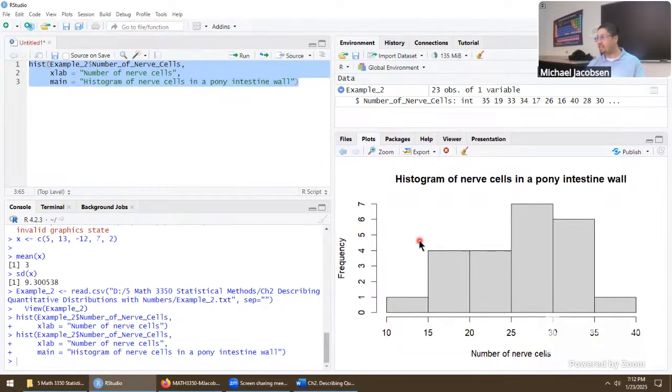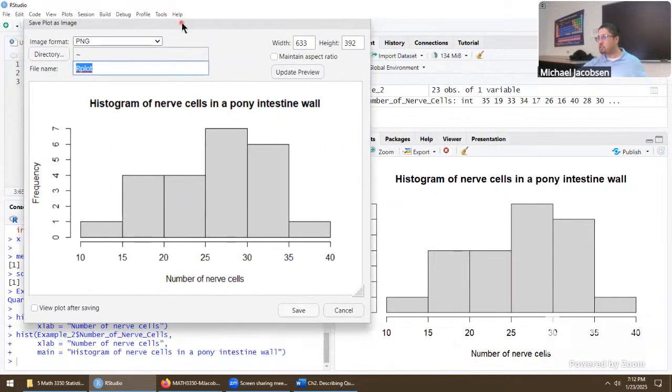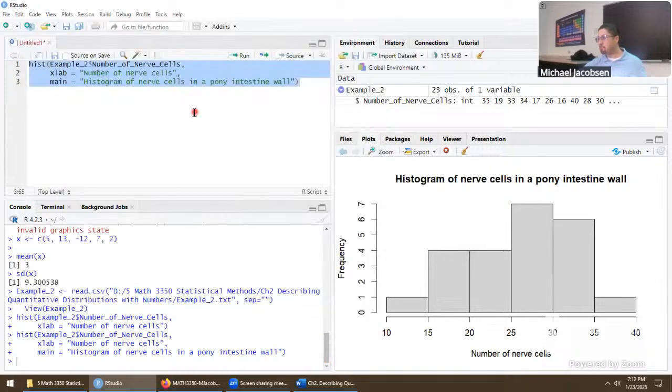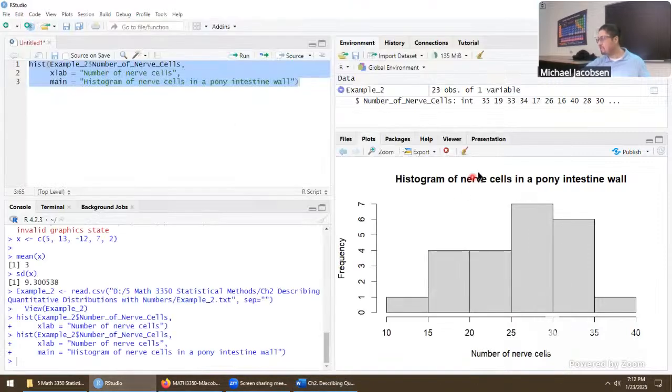Either take a screenshot here, or let me try this again. Click export. Copy to clipboard is usually what I do. Let me try save as image, just see if I get better. You know, that just did the same sort of thing. You can now save this as a file, I suppose. What happened there? Let me try pasting it in. Nope, that wasn't the thing I was expecting.